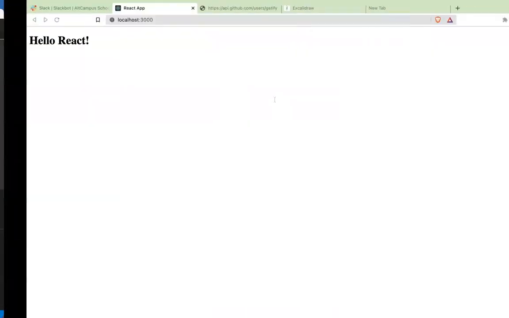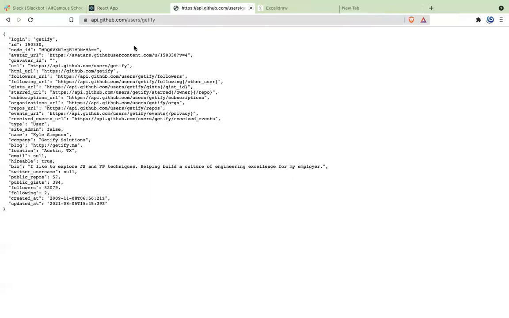So here, my idea is to just create a very simple application fetching data from GitHub API to display two things. So we need to fetch data from GitHub API and fetch two different pieces of information.